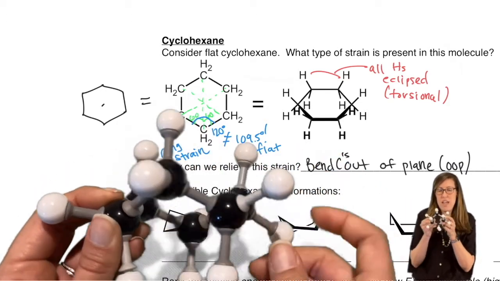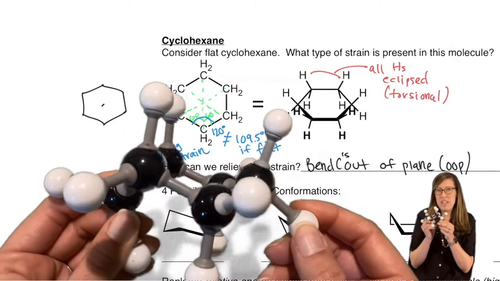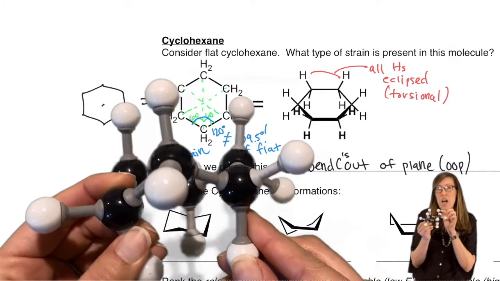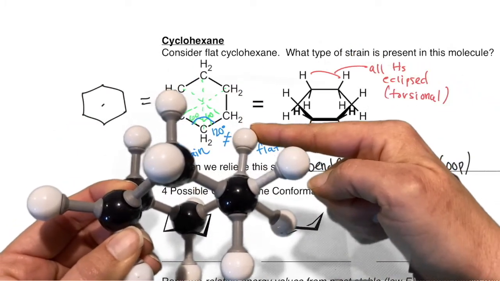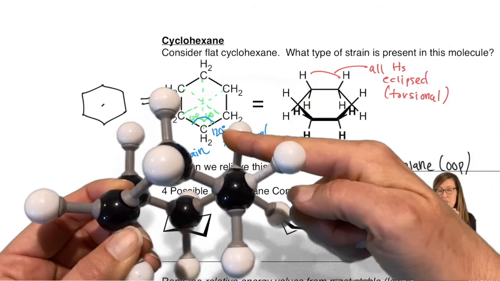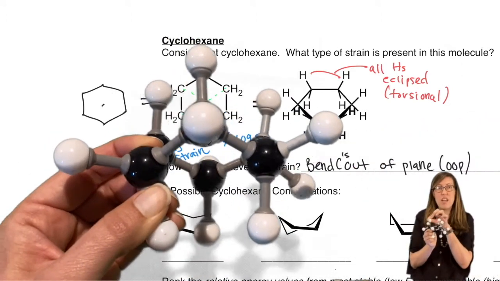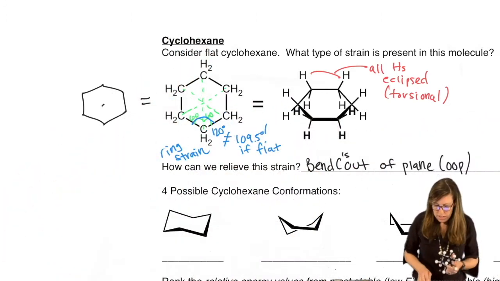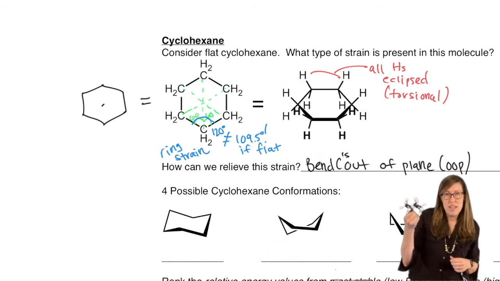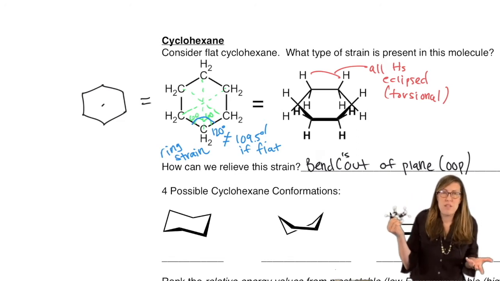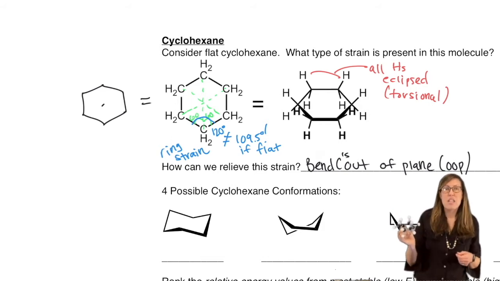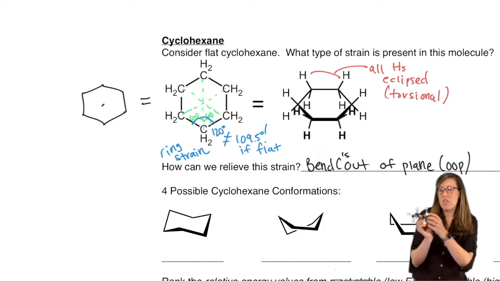So when you look at it now, you see a true tetrahedron at each center, and you notice that the H's are no longer eclipsing. In fact, the top H on one carbon is completely staggered with the top H on the neighbor carbon. So you can actually visualize how they are not aligned, they're exactly staggered. This is called the chair conformation, where we are able to get all of them zigzag, but it doesn't do that right away. And it doesn't start off flat. It's essentially never flat.